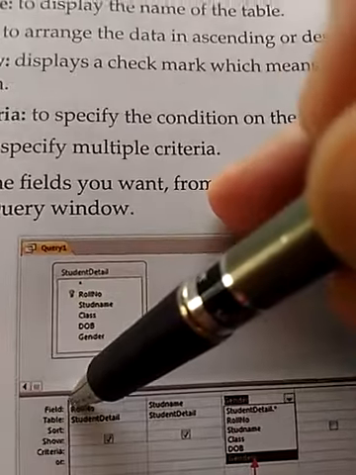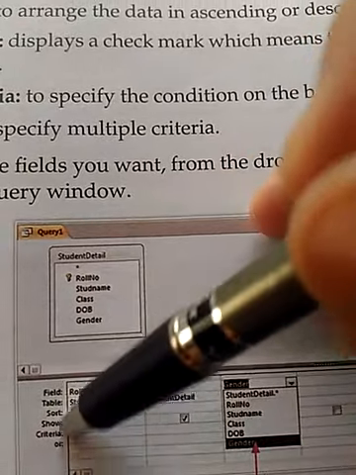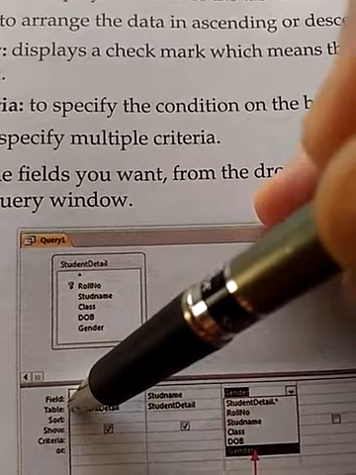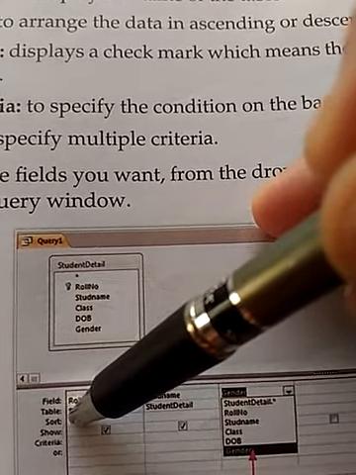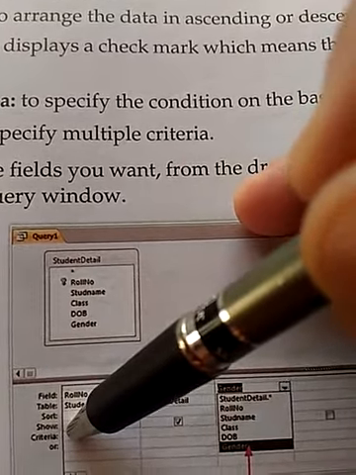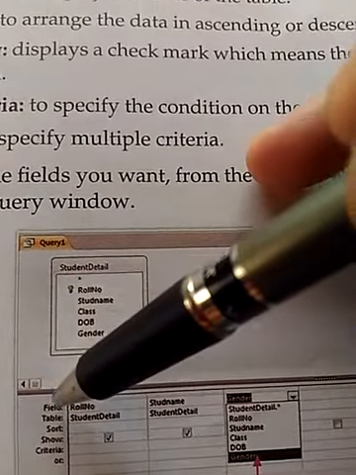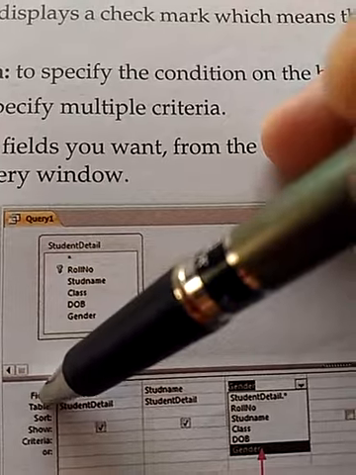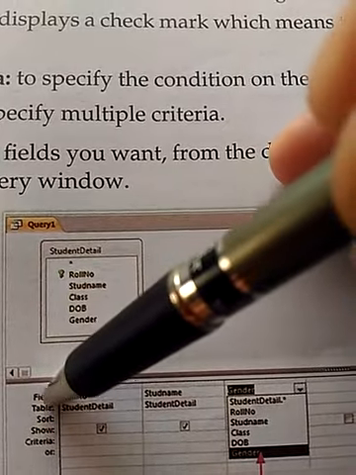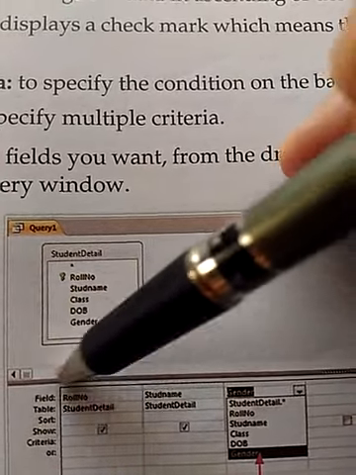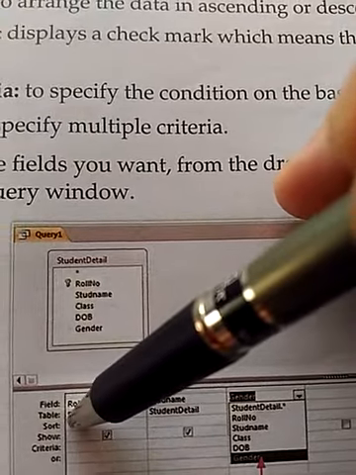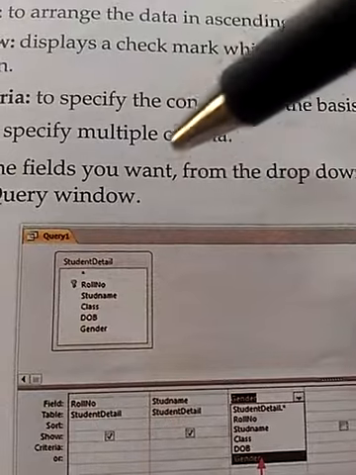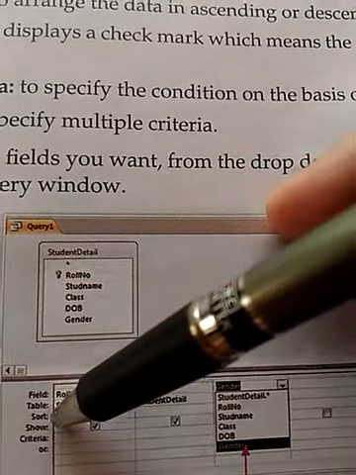Now here you see many options are present. First option is field, another option is table, another is sort, show, criteria, or. Field is the name of the column. Table shows from which table it is taken. Sort, basically we use the sort option to arrange the data in ascending or descending order.